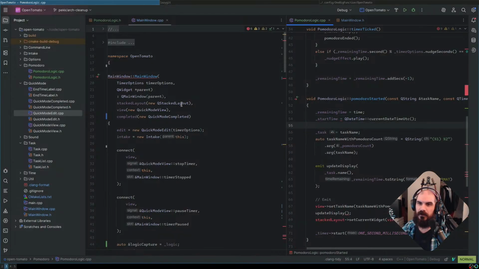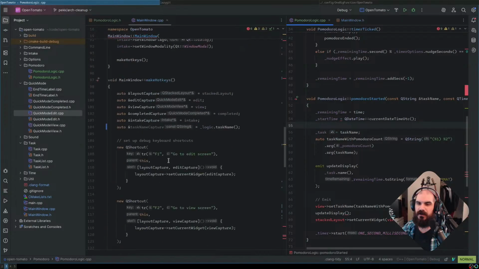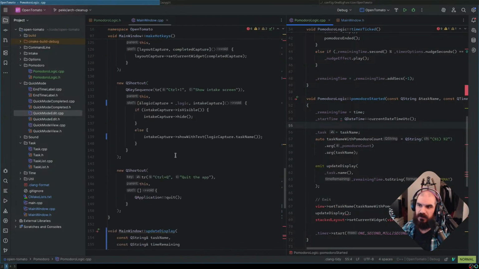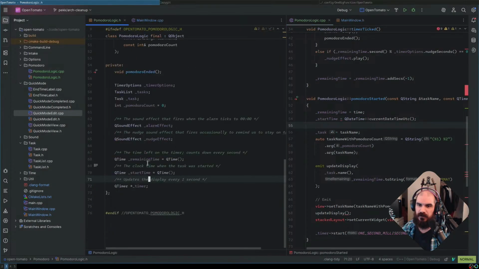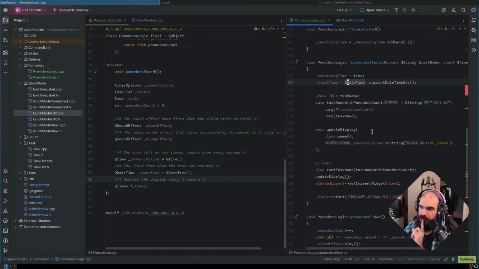Oh, Shazam. QTime is the time since midnight, but QDateTime is a different story. Then the next question is, can we mix them? So this should be fine.